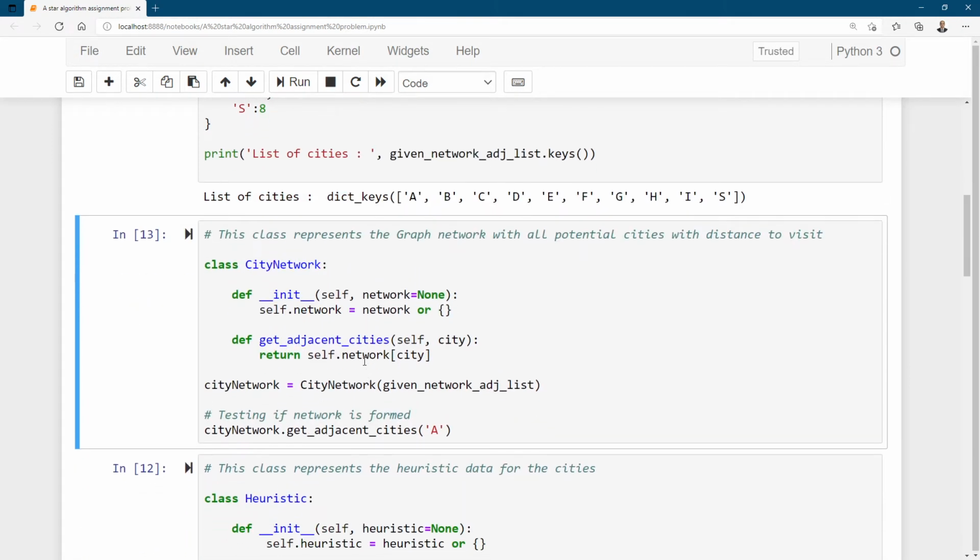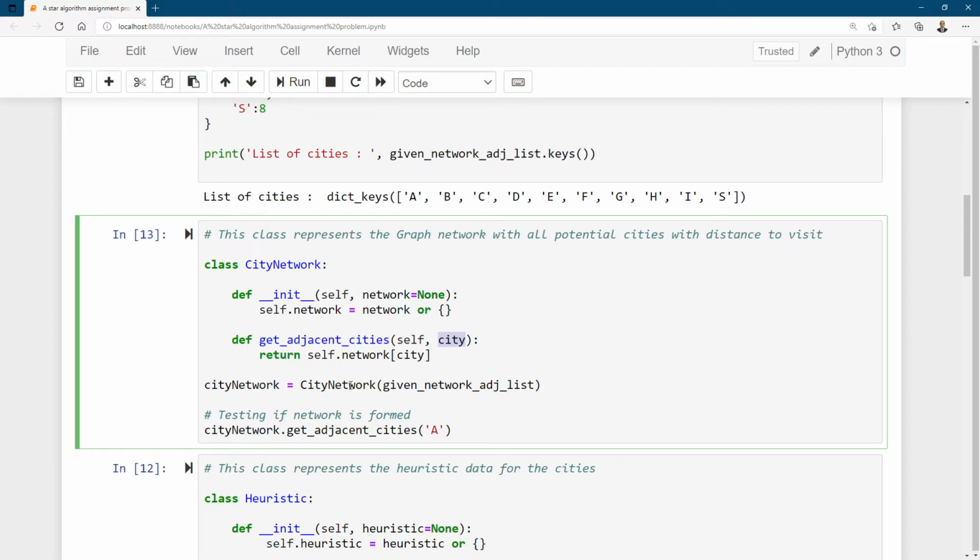Then we will create a class of the city network, and we will create a method in that class, get adjacent cities. So when we need to get the adjacent cities of any particular city, we can call this method and we will get the adjacent cities from the network.